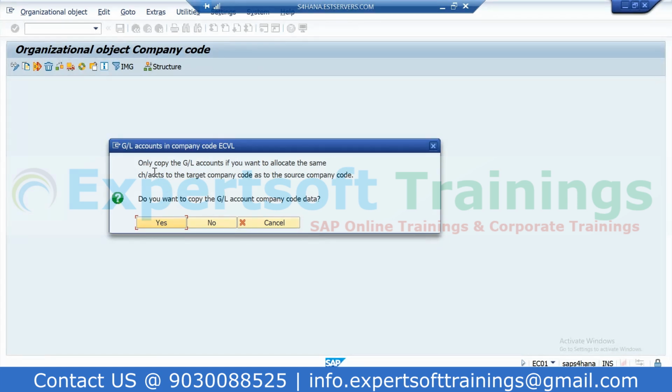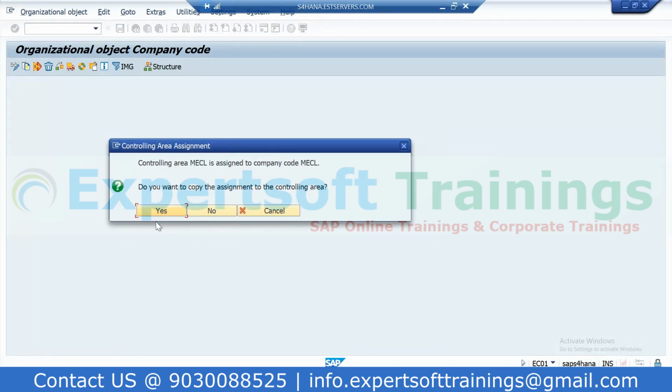It is giving you information and asking for some information as well: only copy the GL accounts if you want to allocate the same chart of accounts to the target company code. So whatever GL accounts are there in MECL, the same will get copied to the new company code ECVL. So we're going to hit yes.